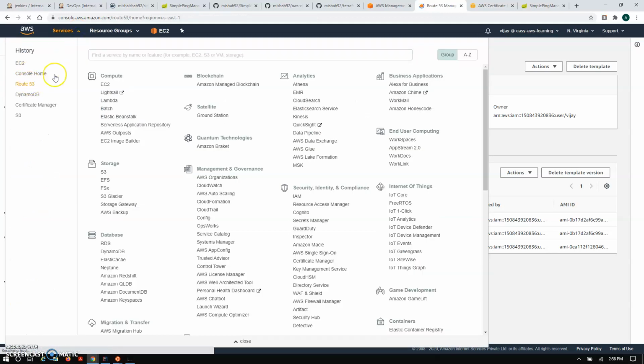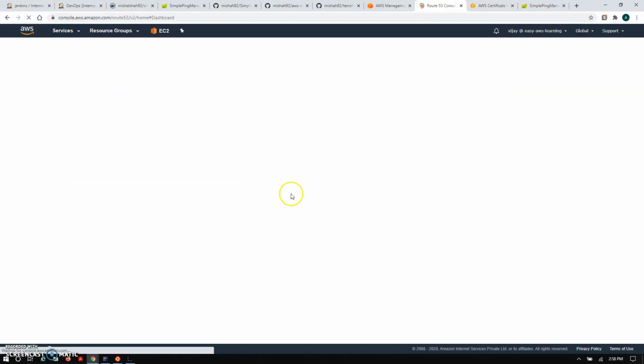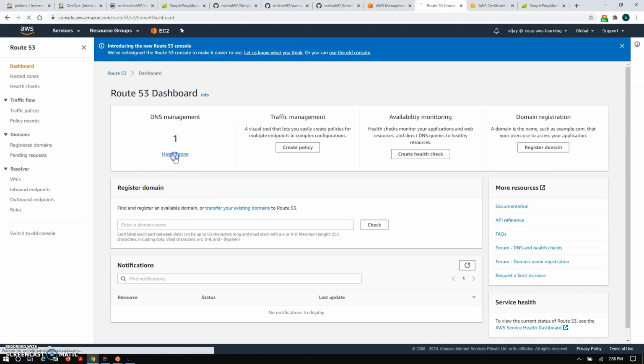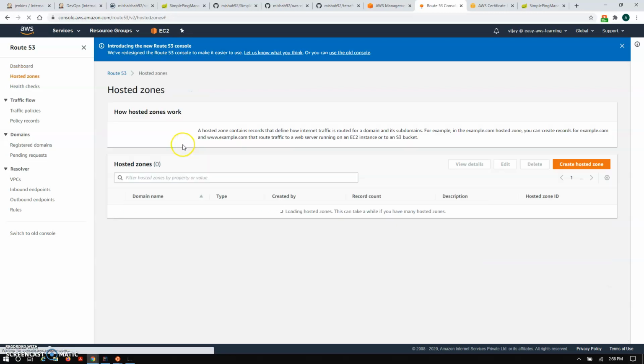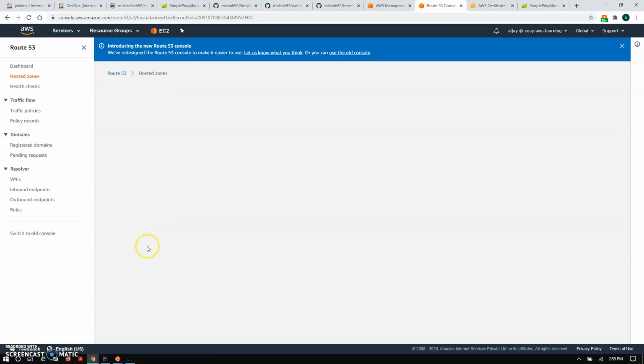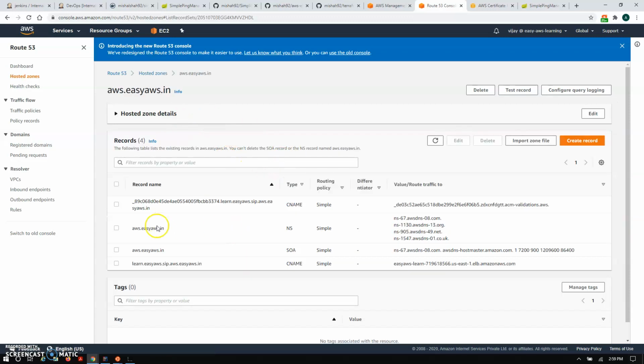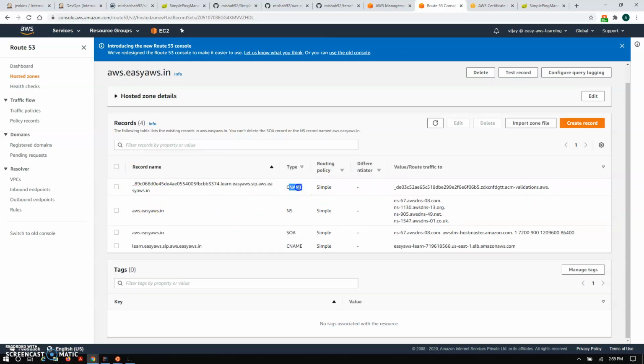The next one is the Route 53 service. Let's go to the Route 53 service. This we basically configure for our live domain. We have one hosted zone here. This is my hosted zone, and these CNAME records are created as part of our infrastructure.